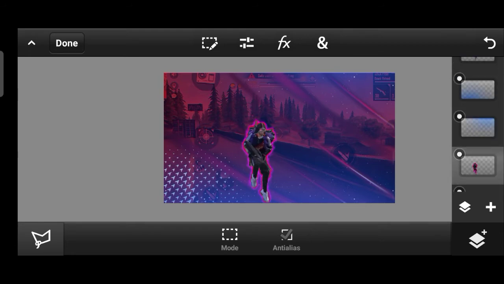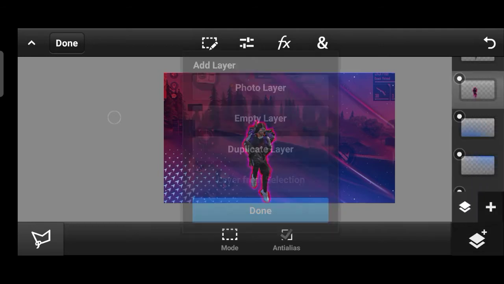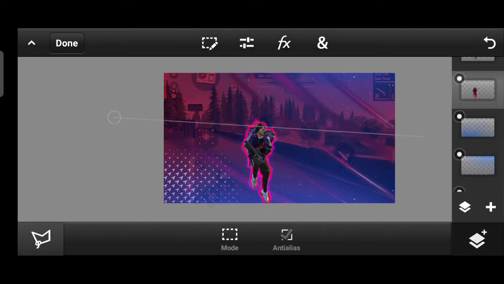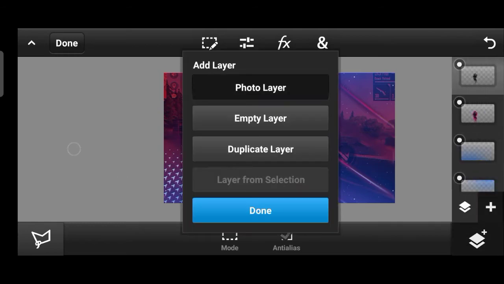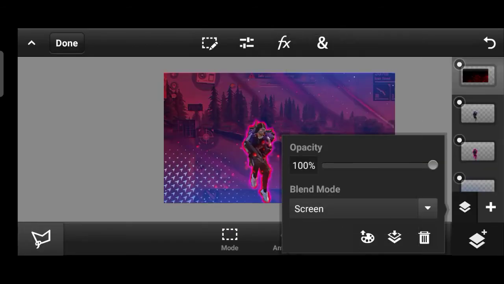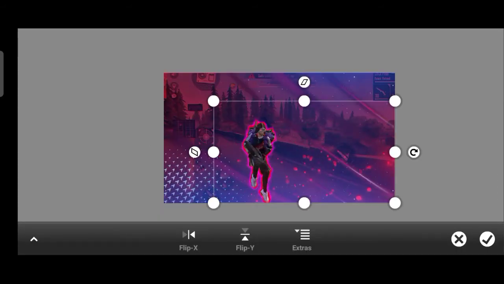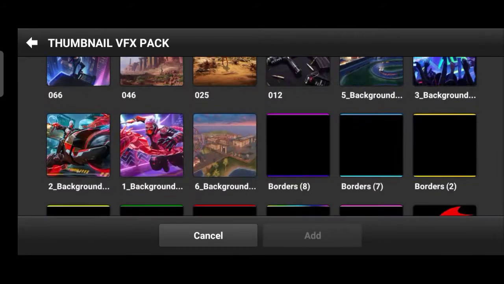Every time, the character should be in the topmost layer, so that no overlay will obstruct the character PNG.